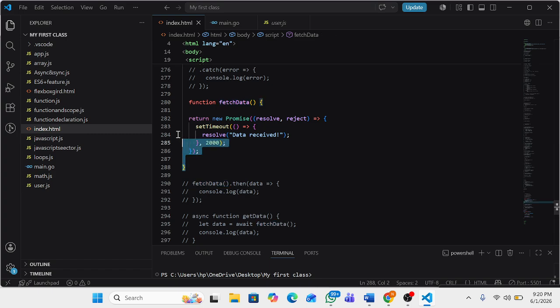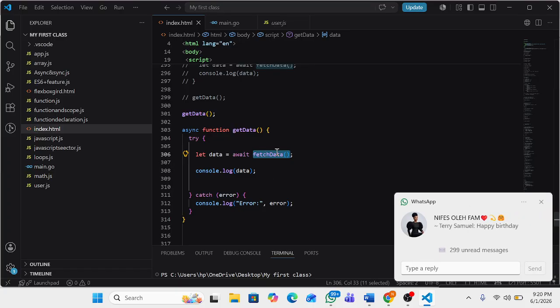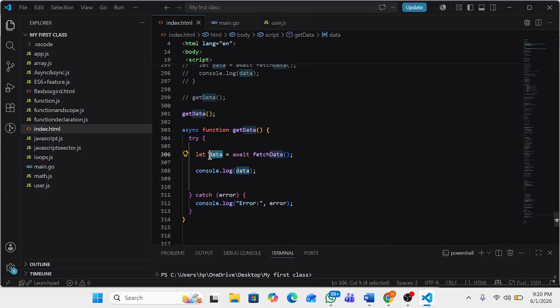So I write this function here, then I call it in this other function. Do you understand? Then whatever is coming from here now,